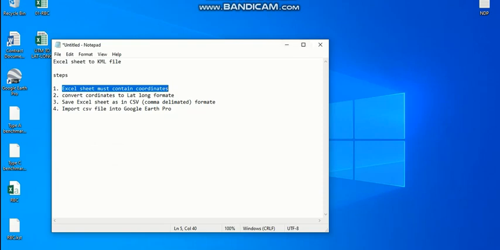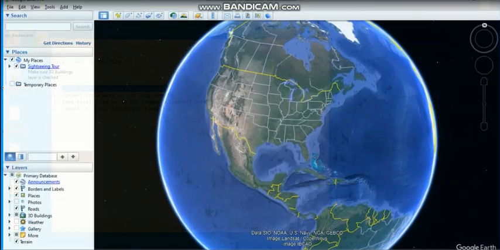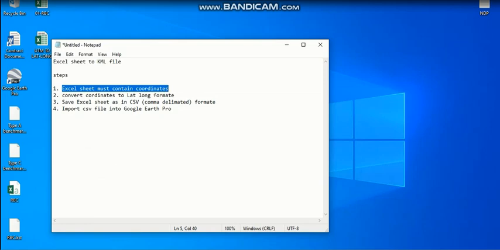Before that conversion, you have to keep some points in your mind: the Excel sheet that you want to convert into a KML file must contain coordinates. These coordinates you may have obtained from a GPS device, or from an AutoCAD drawing. Google Earth Pro supports coordinates in latitude and longitude format. So whatever coordinates you have in your Excel sheet, you must convert them into latitude and longitude format, then save it as a CSV comma delimited sheet, and after that we will import it